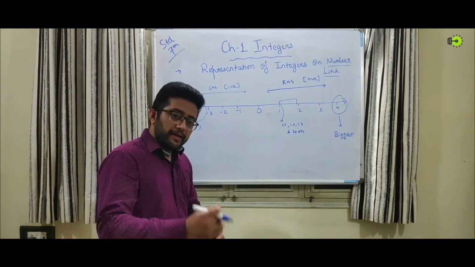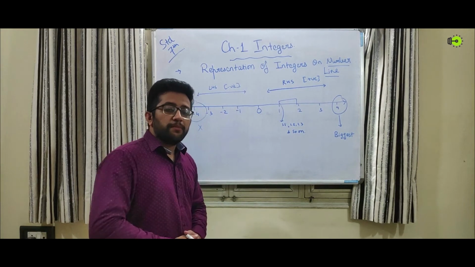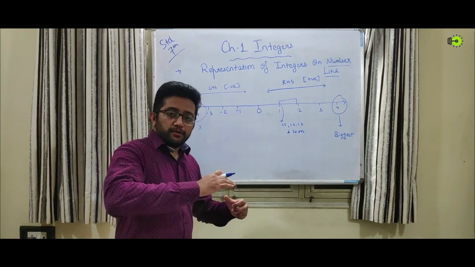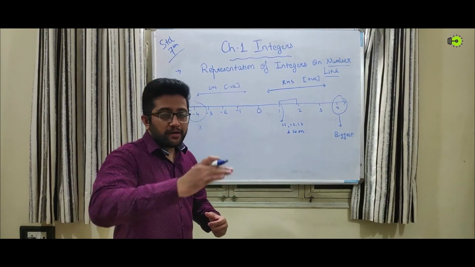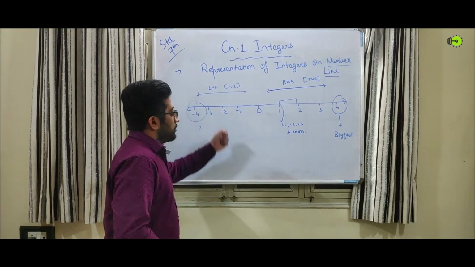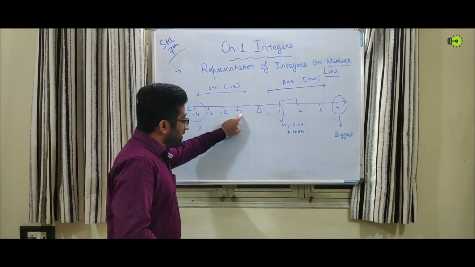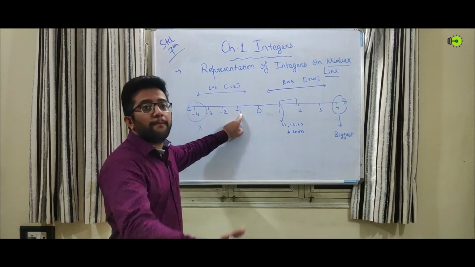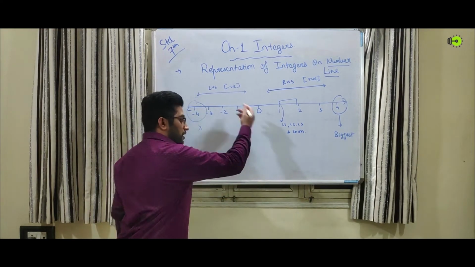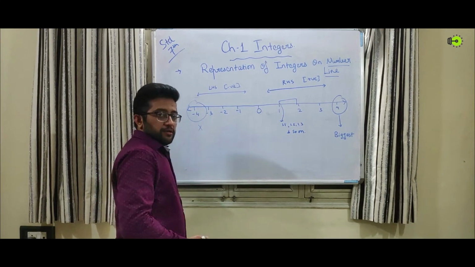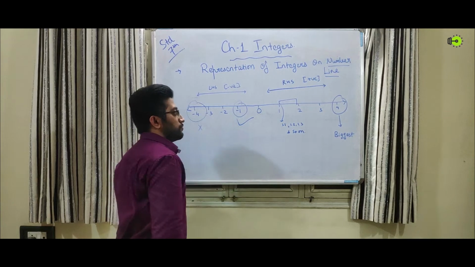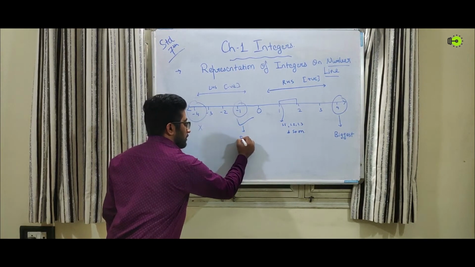See, in the negative side of the representation of the number line, the rule of smaller and bigger works opposite. That is, in case of the negative ones, -1 will be the bigger number, it will be the largest number. Okay, so if I ask you which is the biggest number here, your answer must be this. -1 is your biggest number.